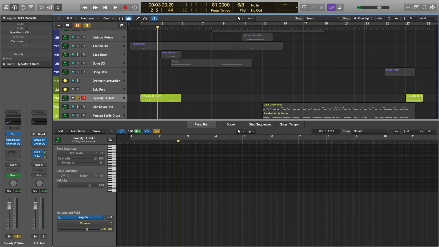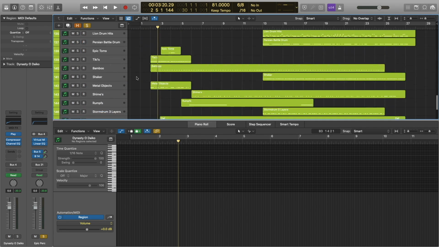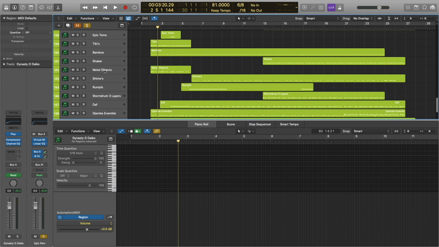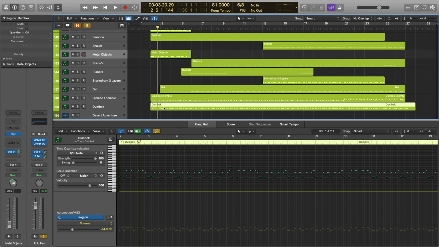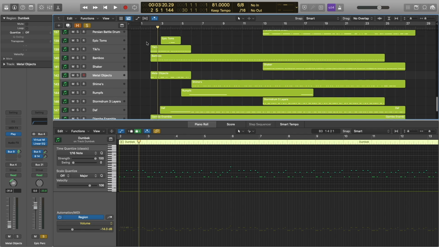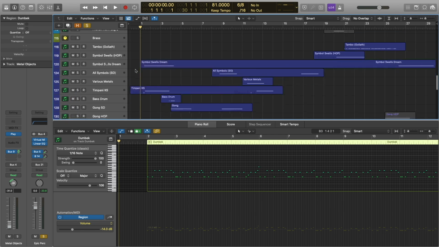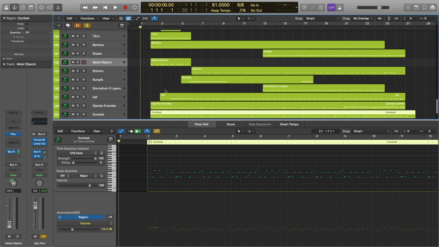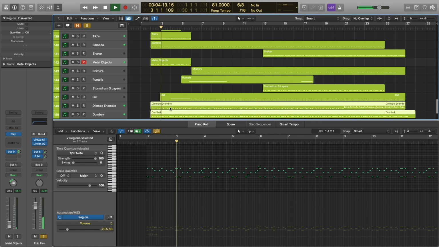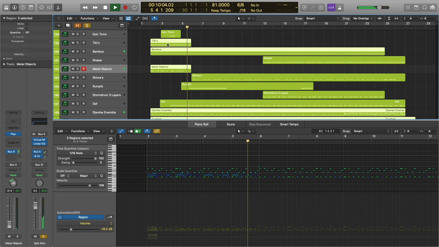Okay, and we've got the tickies from Storm Drum 2, the bamboo jingles also from Storm Drum 2, along with, I believe this is the Seng Seng from Storm Drum 3, the djembe ensemble from Ra, and the Egyptian doumbek from Storm Drum 3. So we're just going to solo the percussion bus here, and I'm going to add this MIDI information as we progress through this part of the piece. There's our djembe ensemble, Seng Seng, bamboo jingles, and the tickies.